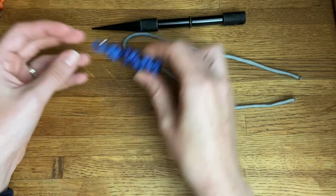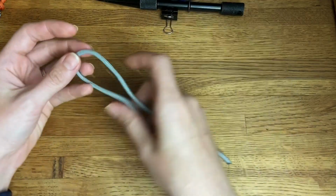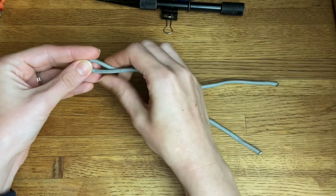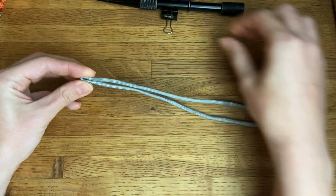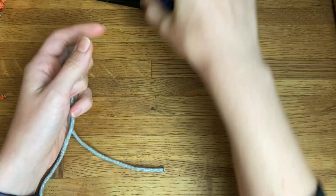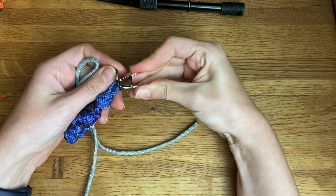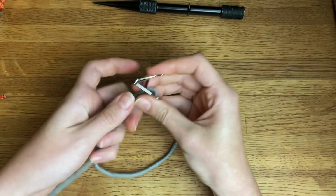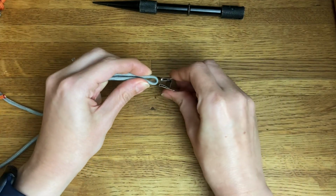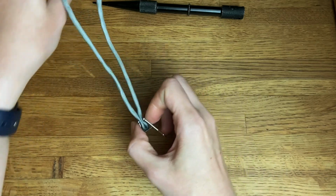So to jump into that, I like to take that scrap cord and fold it in half. This is where I use the binder clip when I'm making that top loop or first knot. I like to clip that in there to hold it together, just my preference. So I clip that piece in there to have that secured,